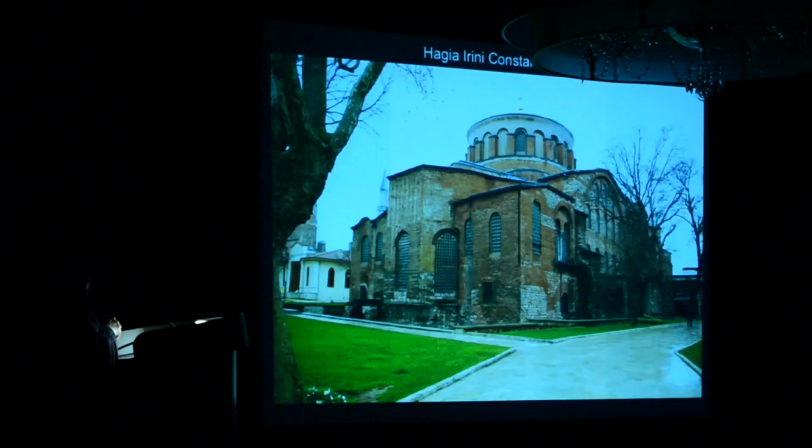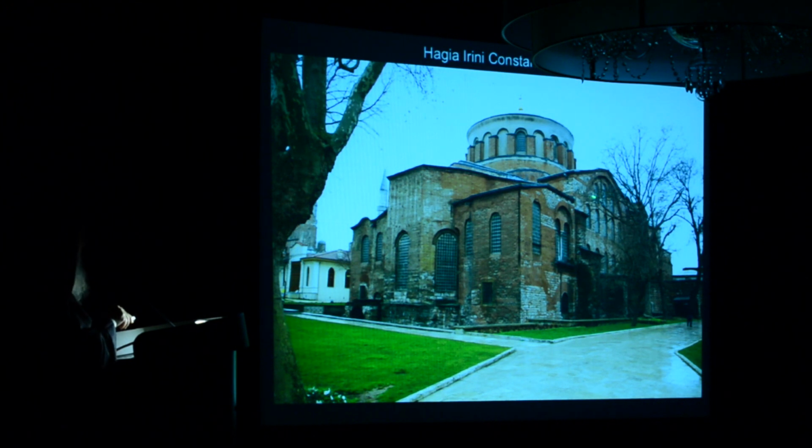So you have a development of a superb architecture with a continuous development of iconography, especially in the art of mosaics. In the next picture, after Hagia Sophia, we start having a development of an architecture which is called Byzantine, and which is characterized by having the dome, and clearly now you go to a cross-like shape. If you have a view from above, you can see that it's clearly cross-like.